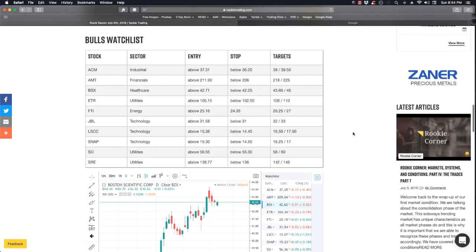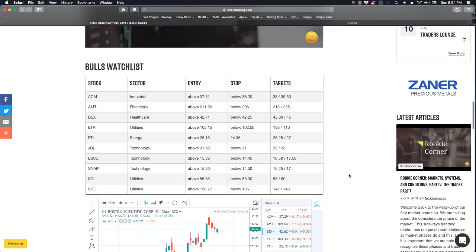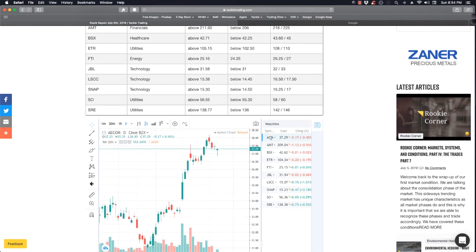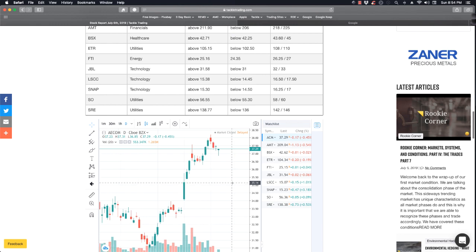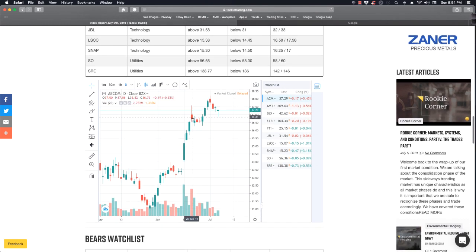So I'm looking here at the scouting reports, and we're looking at these chart setups here. Every one of these chart setups has a really nice looking pattern that we've pre-qualified and made sure that the stocks meet certain criteria. So ACM, for example, has got a nice little pullback. It looks like it's averaging at least 1.3 million shares per day, and it's in an uptrend. It's got higher highs and higher lows, and it's got a corrective retracement back down into an old support resistance